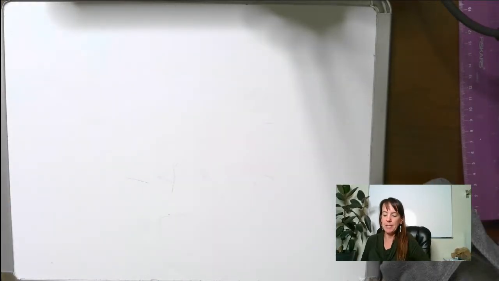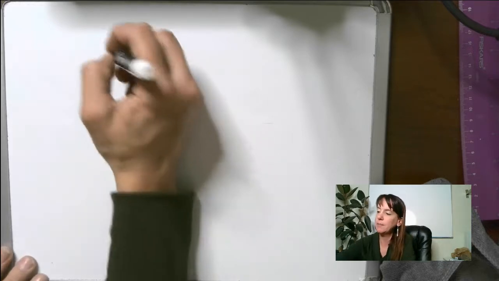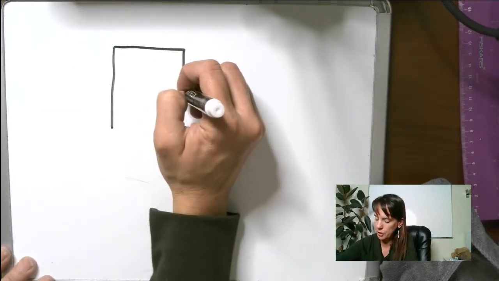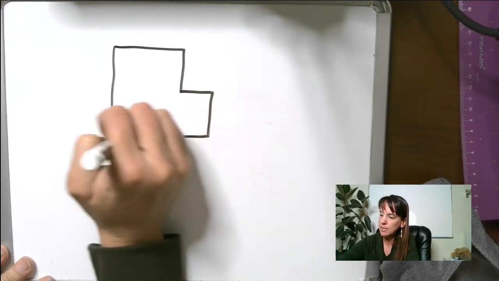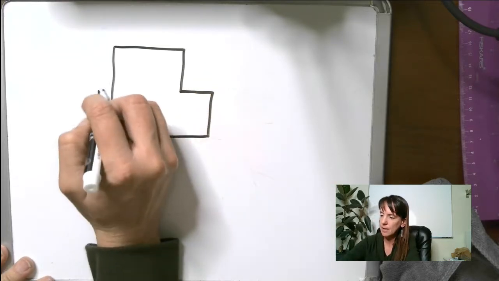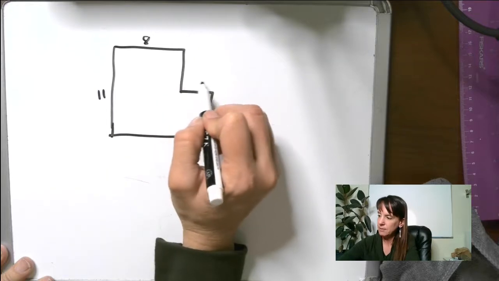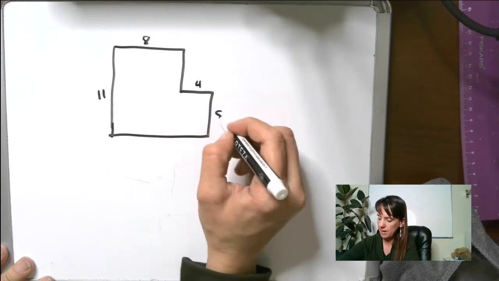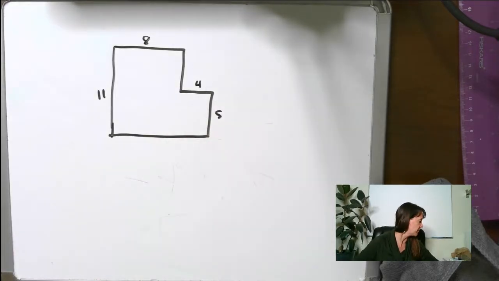If you're following along, I'm on page 99. I'm looking at example number 3. Find the perimeter of this polygon. And guys, this polygon is kind of a weird shape, but I'm going to show you an easier way to figure this out. This is 11, this is 8, this is 4, this is 5, and then I don't have anything down there. Okay, so if I were to take a look at this guy, right,